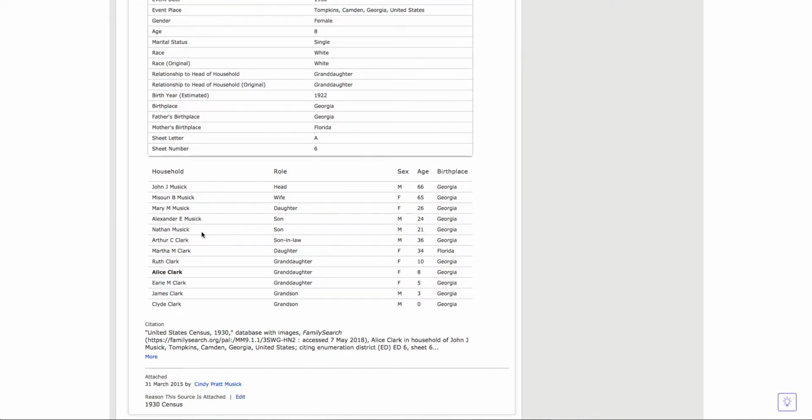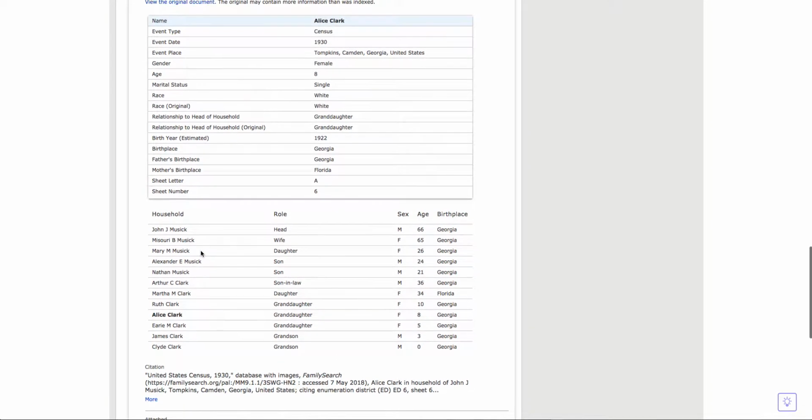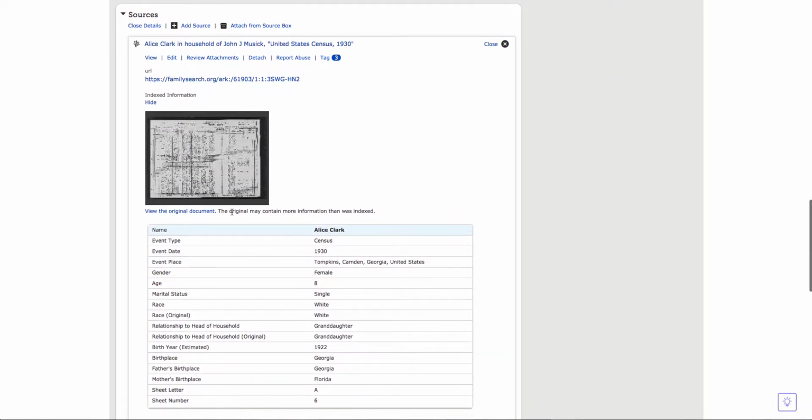Several of their children were living with them, and then her mother, Martha Music Clark, was John's daughter and Missouri's daughter, and Martha and her husband Arthur were living with them, and then they had 5 of their children with them as well. So you can see at the time they're living there in Georgia with family, a big group